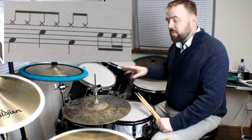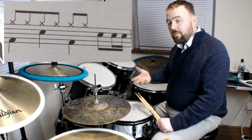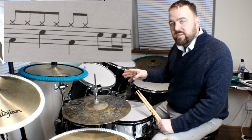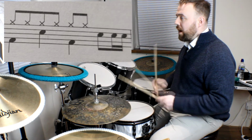This makes it so much easier to play, so much easier to get correct, and then you can get confident on your weakest point, which is the four-ander. Once you get good at that, and you might want to play it 80 times, getting it right 80 times in a row, once you've got it really confidently, when you come back into playing all of bar 18, it gets easier. So 1, 2, 3, 4-ander,